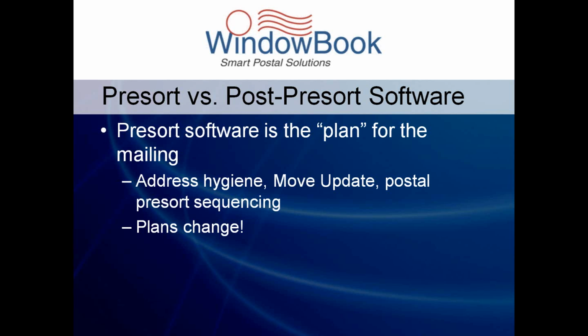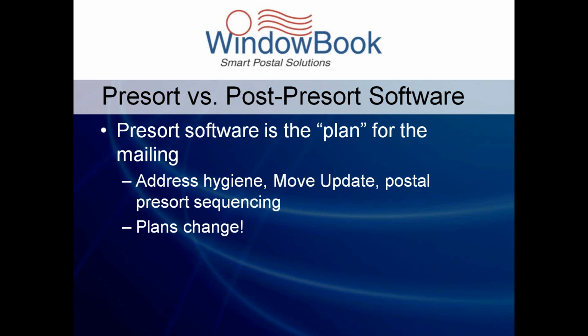Presort software is the software that's used to prepare the initial plan for a mailing. It includes such elements as address list hygiene and move update functions, as well as the more commonly known function of sorting the address records into the sequence needed to meet the postal regulations and to take advantage of various postal discounts. One of the outputs of this process is the mail.dat file, which is actually a set of individual files, which collectively comprises the relational database file that contains all the details about a mailing except for the names